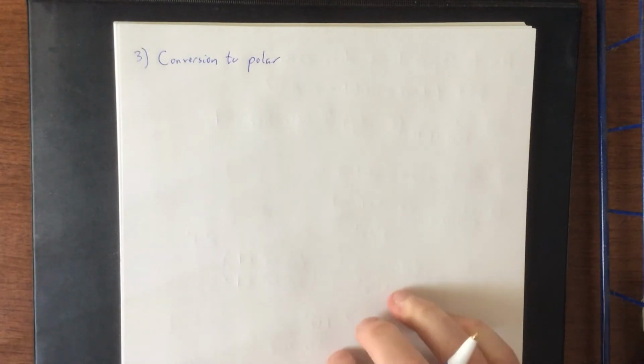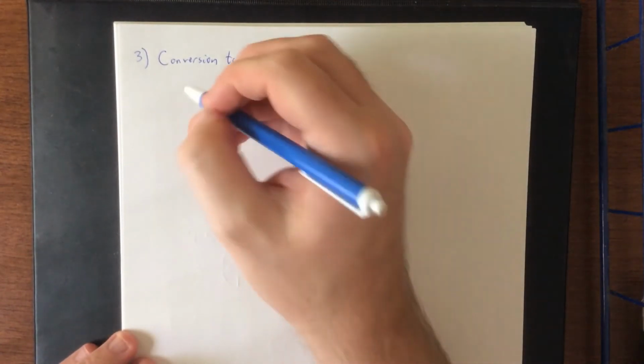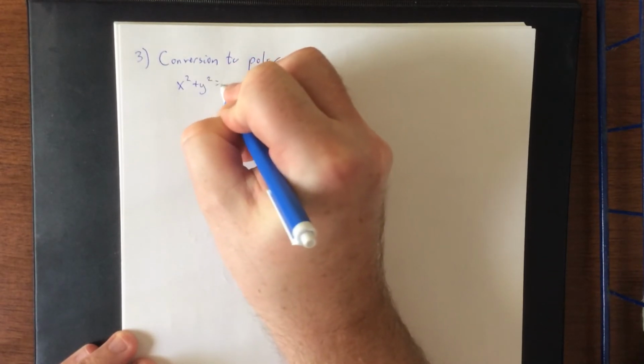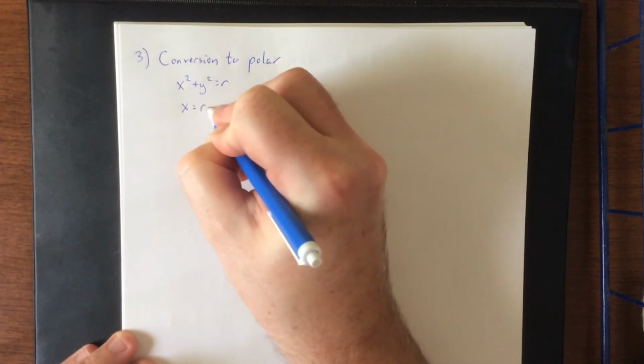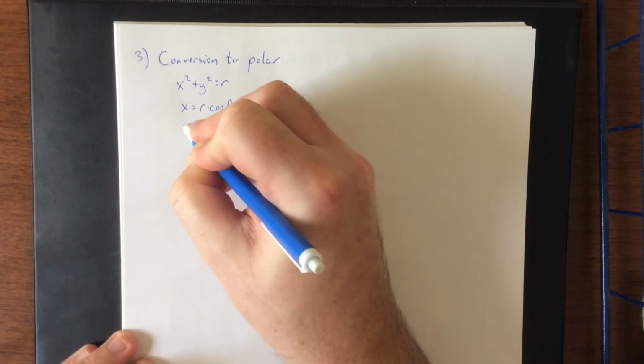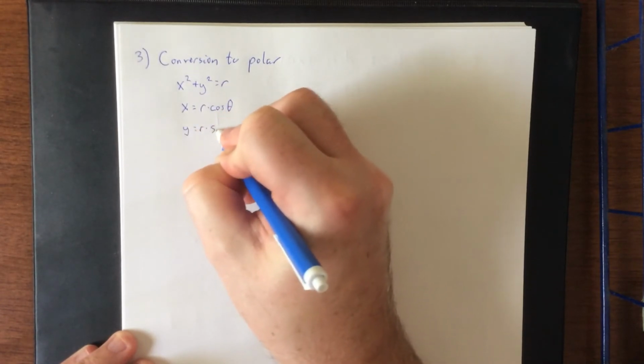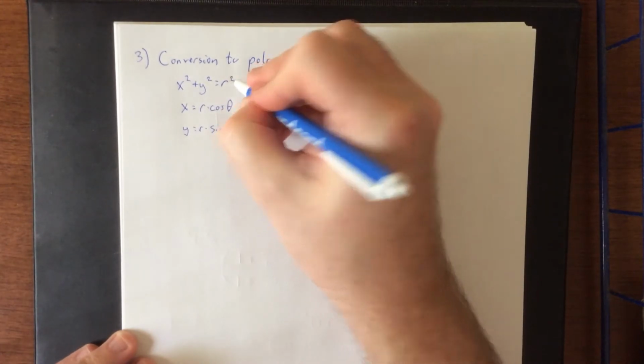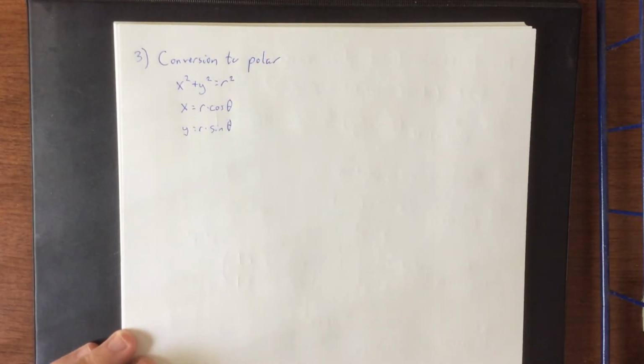And that would be by using a conversion to polar. Now, we know that conversions to polar come in a couple different forms. We have our 3 major conversions into polar coordinates that we like to use. x squared plus y squared is equal to r squared. x is equal to r times the cosine of theta, and y is equal to r times the sine of